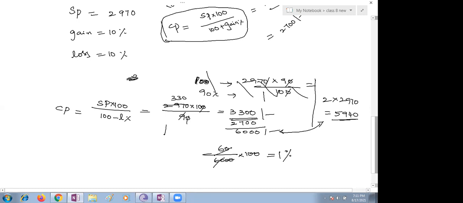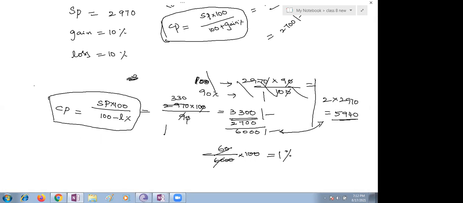When you want to find out the CP, if any profit happens or any loss happens, you find the CP when SP and loss percent are given, or when SP and gain percent are given. If you know that, you can find the values of the cost prices. Then you add up those two cost prices and the final selling price, and see the difference between those amounts. If it is more, it is gain. If it is less, it is loss. And then, through that, we can find the loss percentage with the formula.